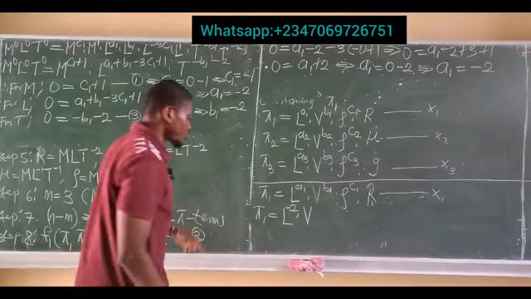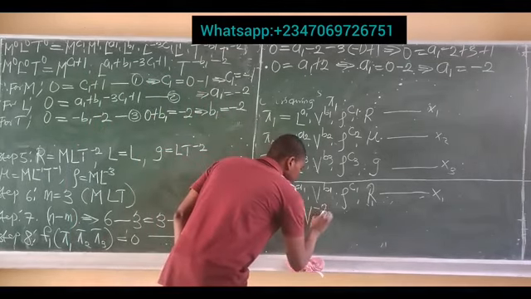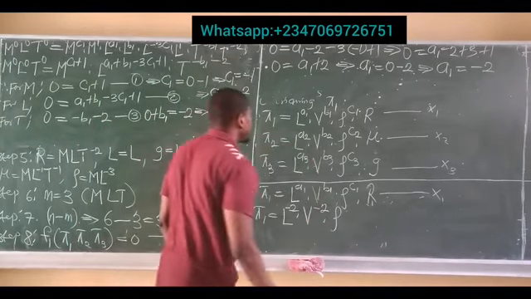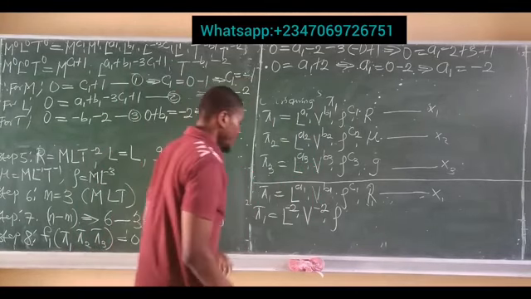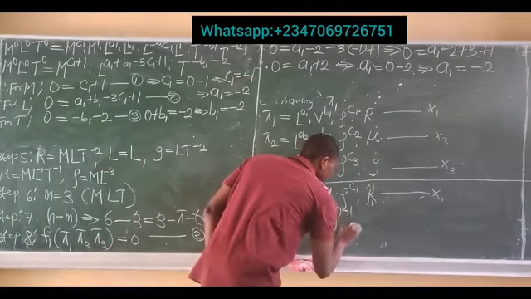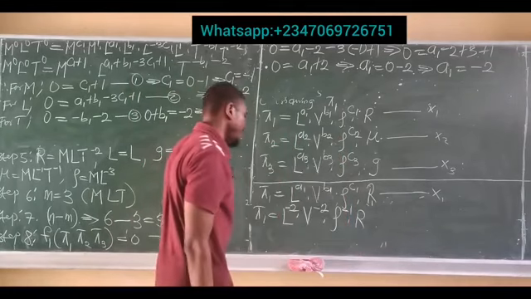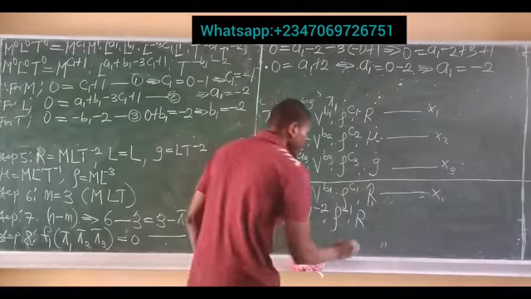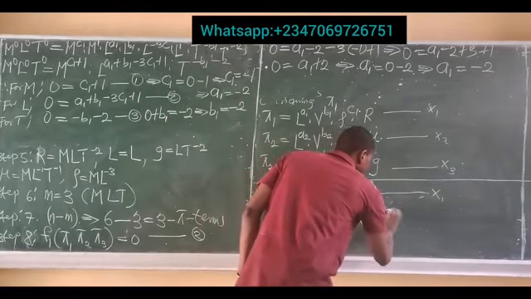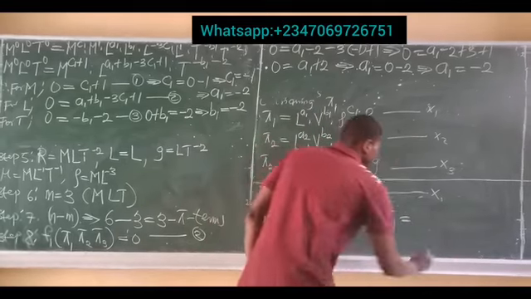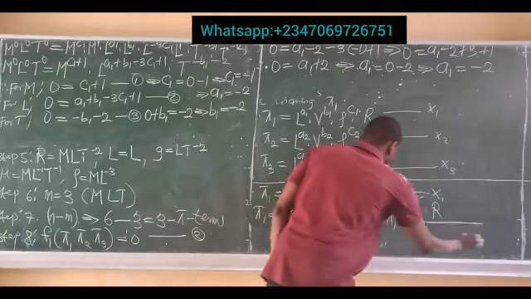Again, B1 is minus 2, so this is V to the power of minus 2 times rho to the power of C1, and C1 is minus 1, so you have rho to the power of minus 1 times R. And of course, by rearranging this, we are going to have that pi1 is equal to R all over,